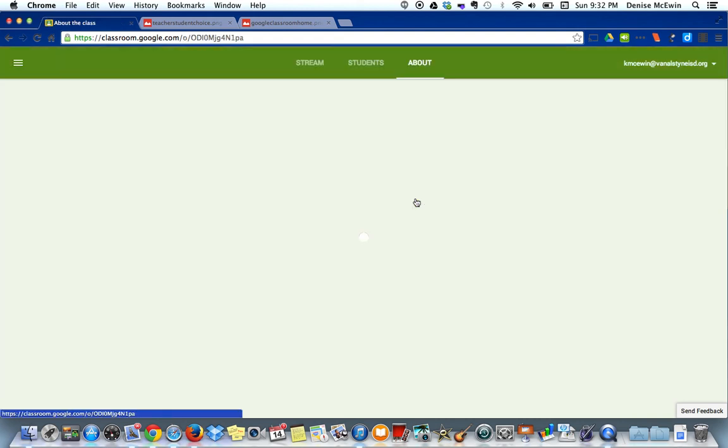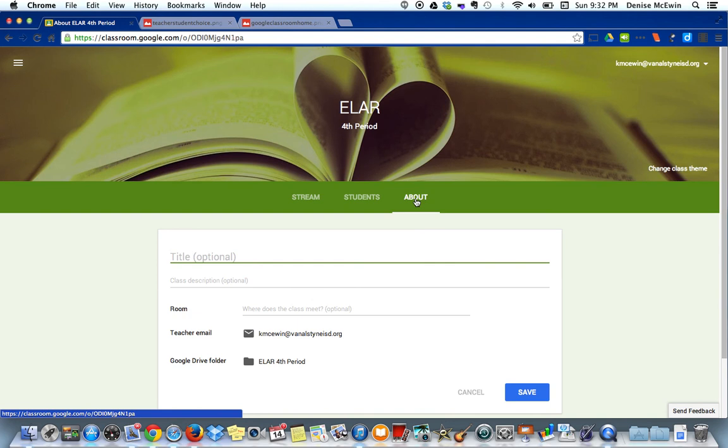The last section, or the last feature, is the About feature. Obviously you can go in and give a title to your class, you can give a class description, you can put your room number on there. It'll have your email address, and it'll also have the Google Drive folder, which all the assignments will be saved under. And that's it. Those are the features of Google Classroom, how you sign up, and